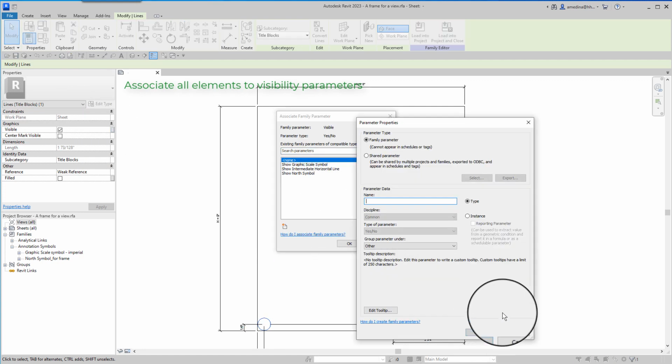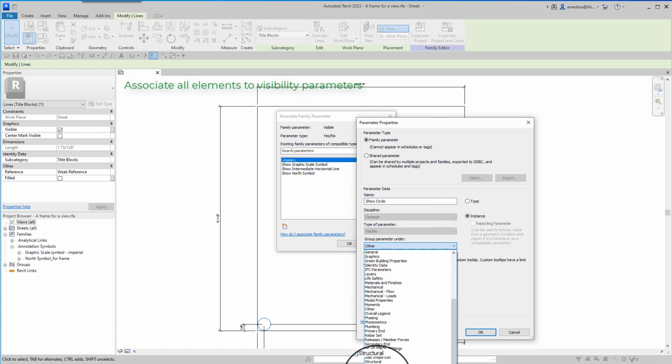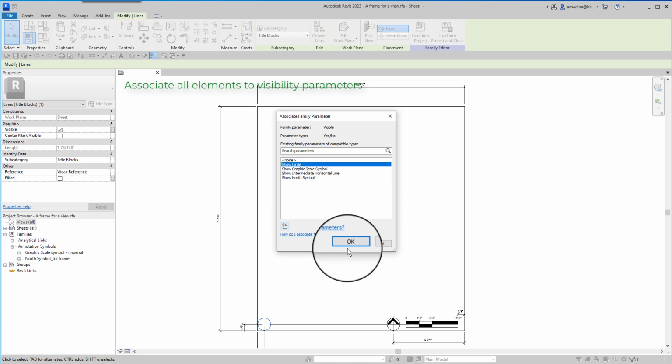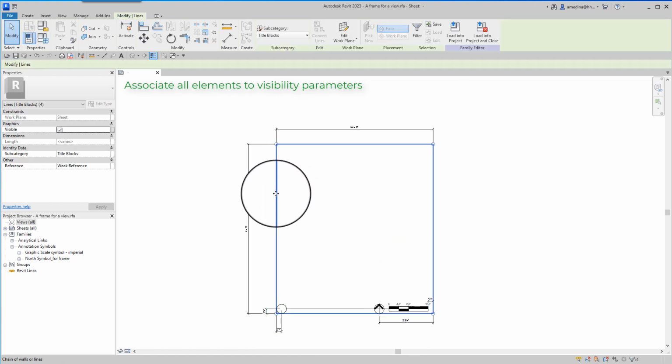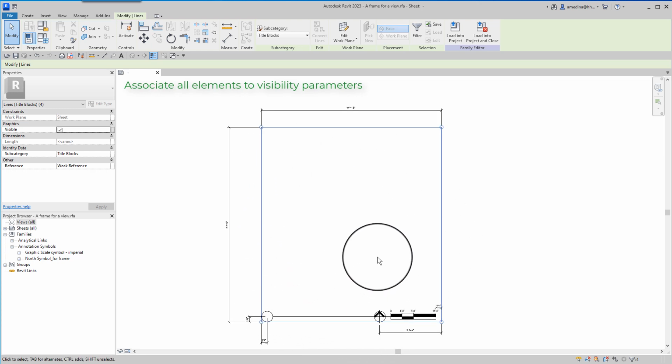Associate, parameter, show circle, instance, visibility, and I also do the same for all these 4 lines in case we don't need to see the lines or we don't want to see the lines.